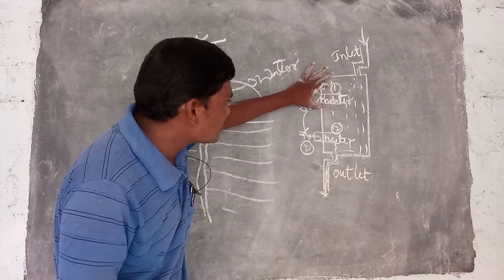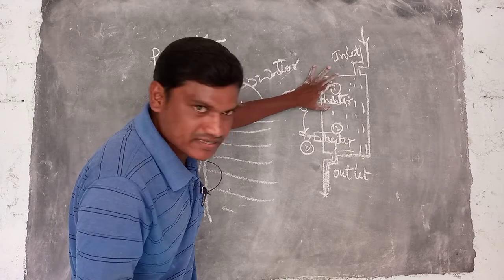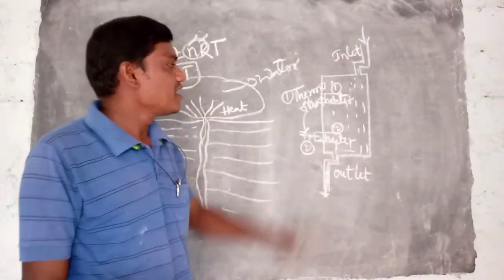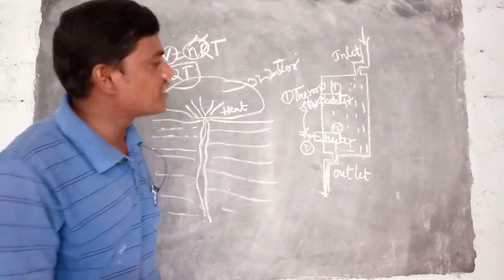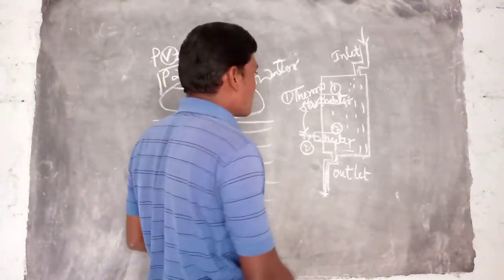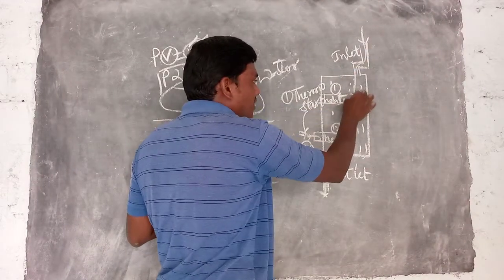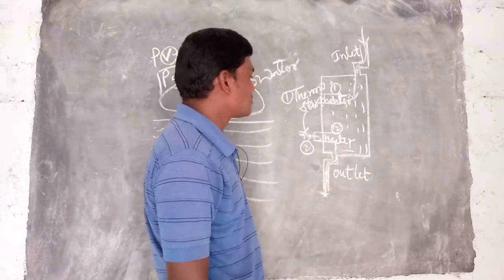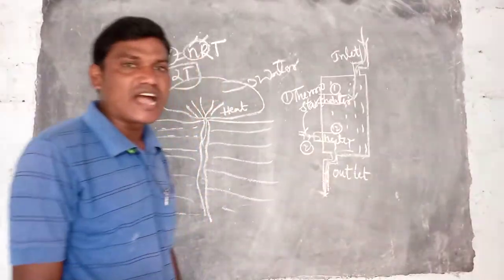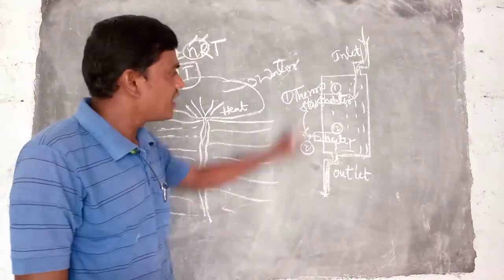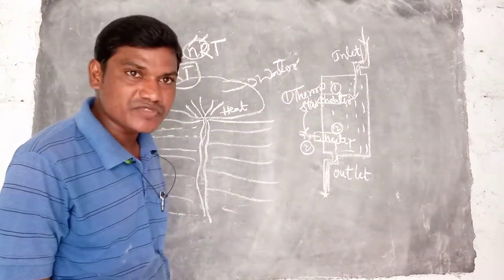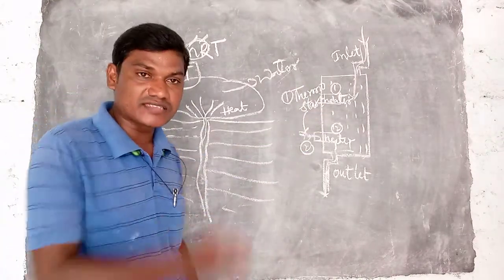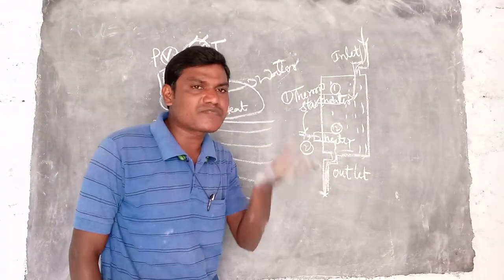An electric geyser is a device in which electrical energy is converted into heat energy. We use it for heating water. When water enters the geyser through the inlet and you supply current, the heaters convert the electrical energy into heat energy. Which element do we use in the heater? Nichrome. Nichrome is used as the heating element in electric geysers because it has a higher specific resistance.